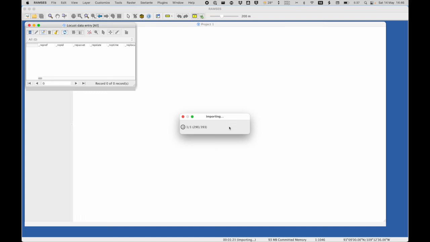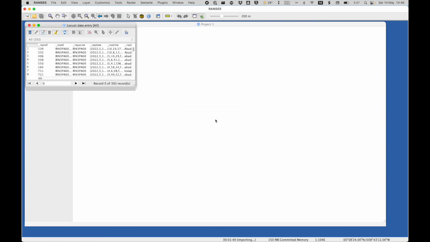So then it will show us a list of these 393 records, and at that point we can review the list before we commit to exporting that into the Ramses database. Okay, so it's like a safety intermediary step. Okay, so here we're almost done. You can see it gets closer and closer to 393. Okay, and here it is. And you see the total here,